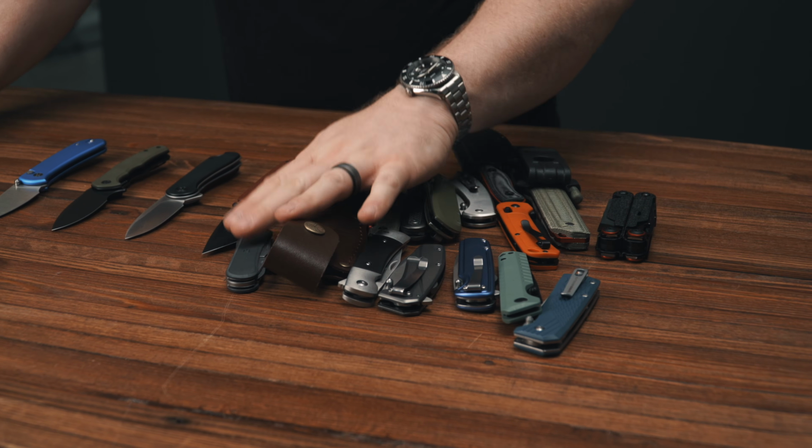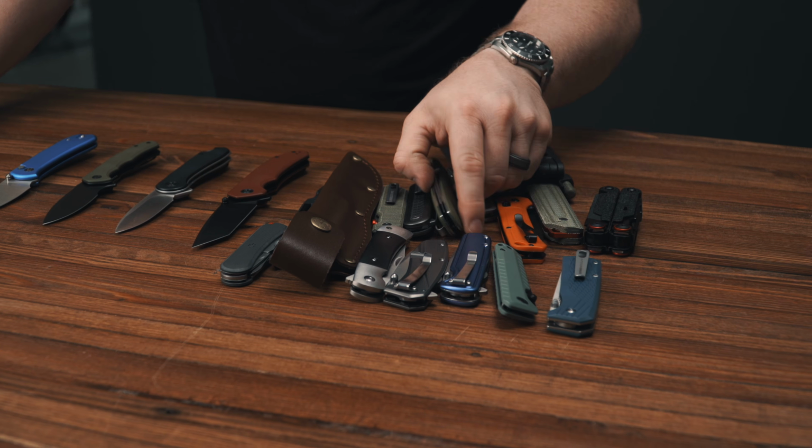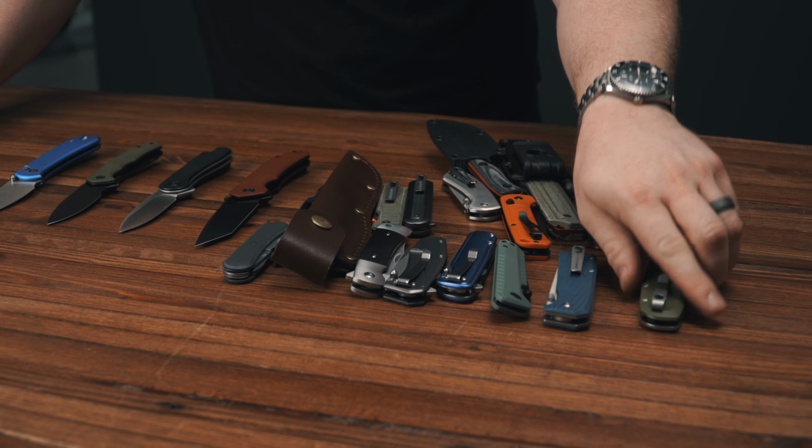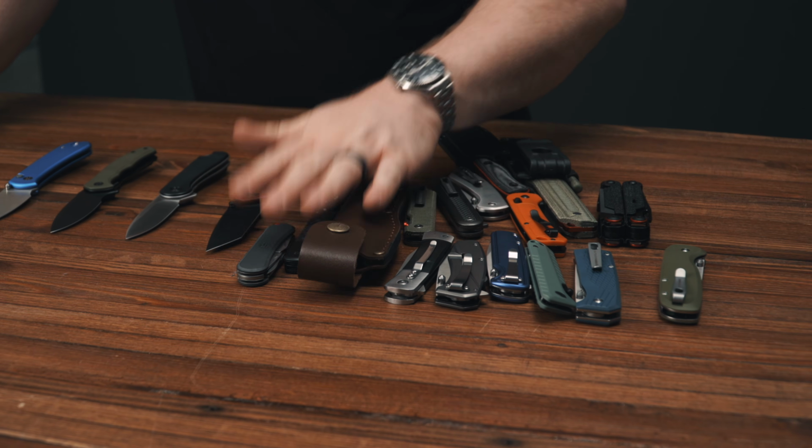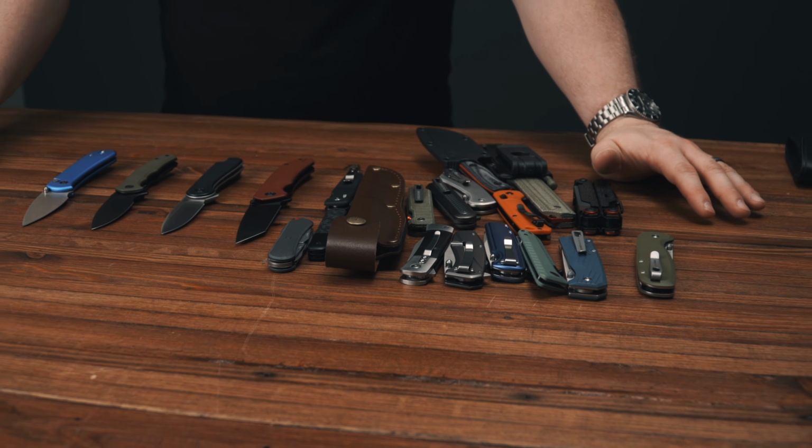This is not something you could walk into Walmart and get, and you have a great selection. They're all budget, right? There are some nicer knives that you can get that are a little bit more expensive, but for the most part, they're all budget knives that you can get at Walmart. But this is cool. This is good for everybody, because what this is gonna do, in theory, or could do,